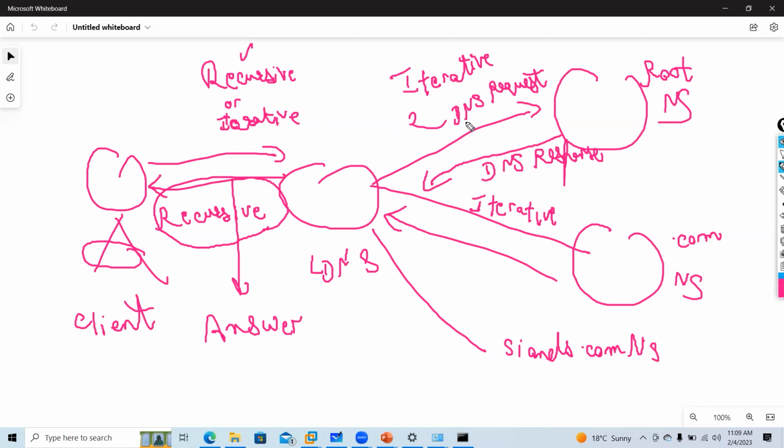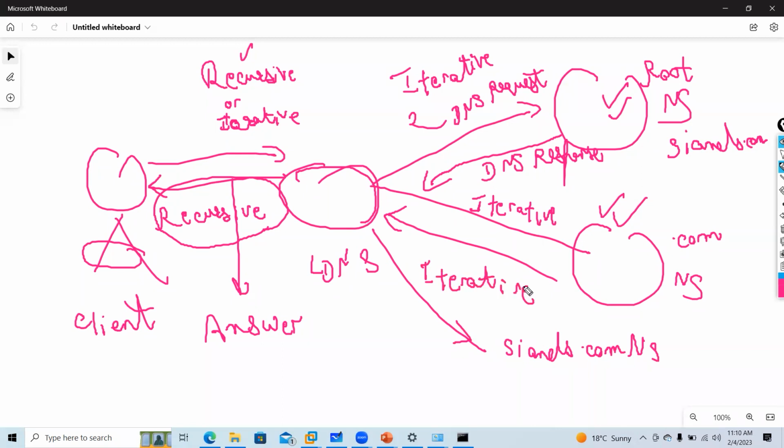In iterative, if the DNS client asks the DNS server for name resolution, let's say LDNS does not know. So it will tell it to go to the root name server. It will give the referral. If the root name server does not have cnets.com, it will say go to .com. If the .com name server does not have cnets.com, it will finally refer to the cnets.com name server. So all these queries are called iterative.